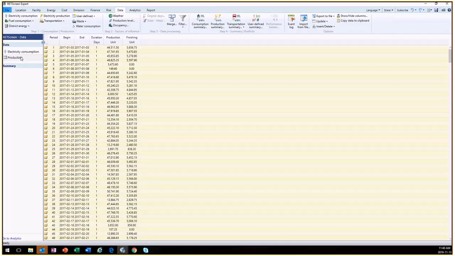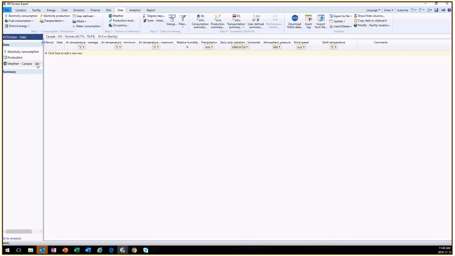To load weather data, the first step is again to create the appropriate data table. There is a Weather button under Step 2, Factors of Influence, that will create the weather data table. This table can be populated with weather station data that you've downloaded from Environment Canada or another source using the Import from File option